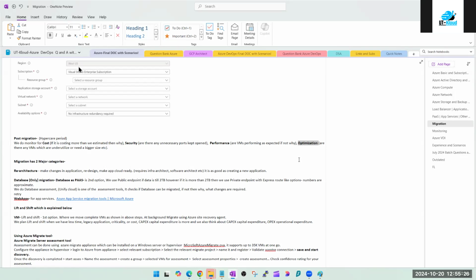Even if you are in the implementation team or migration team, you will have to troubleshoot a little bit, right? Once it is done, once the 2 weeks of hypercare period are gone, mostly it is 2 weeks. Every company will have a separate period, कोई 1 week का रखेगा, कोई 3 week का भी रख लेगा. So once these 2 weeks are done and everything is working fine, now you can hand over the server to